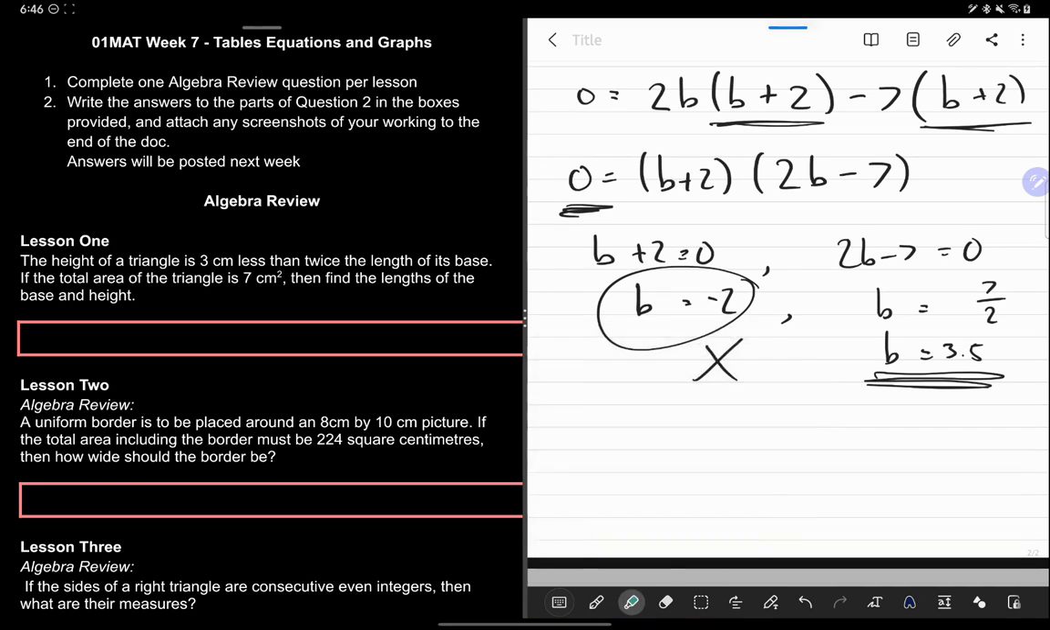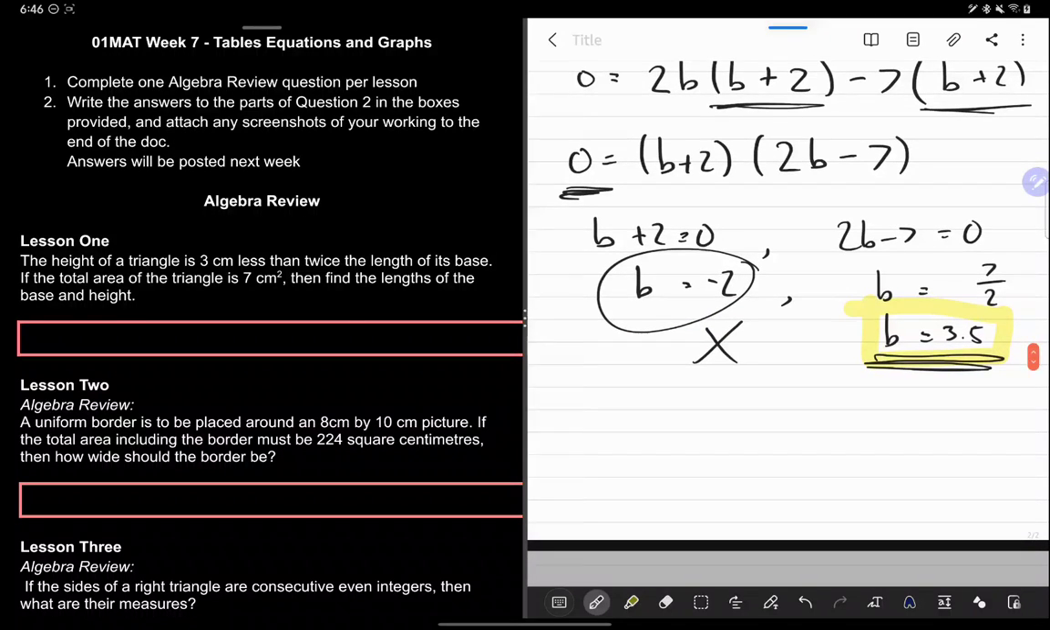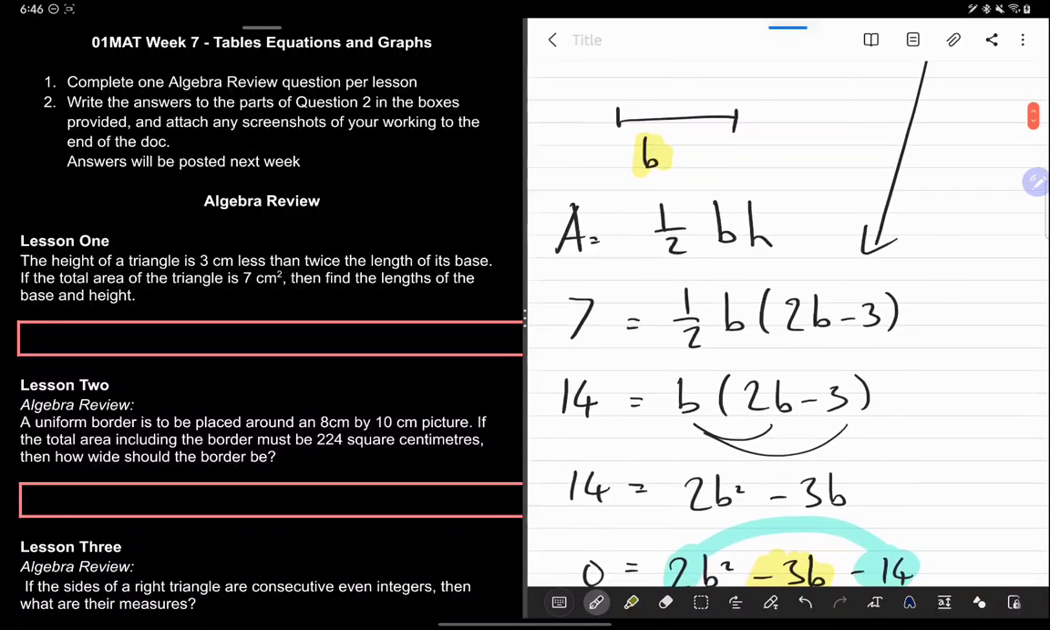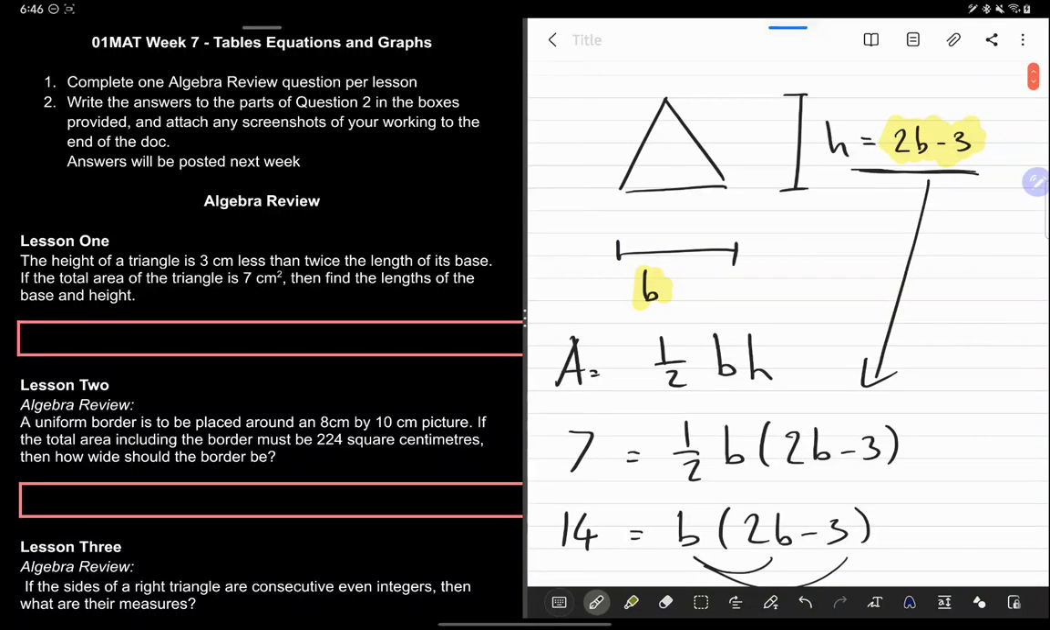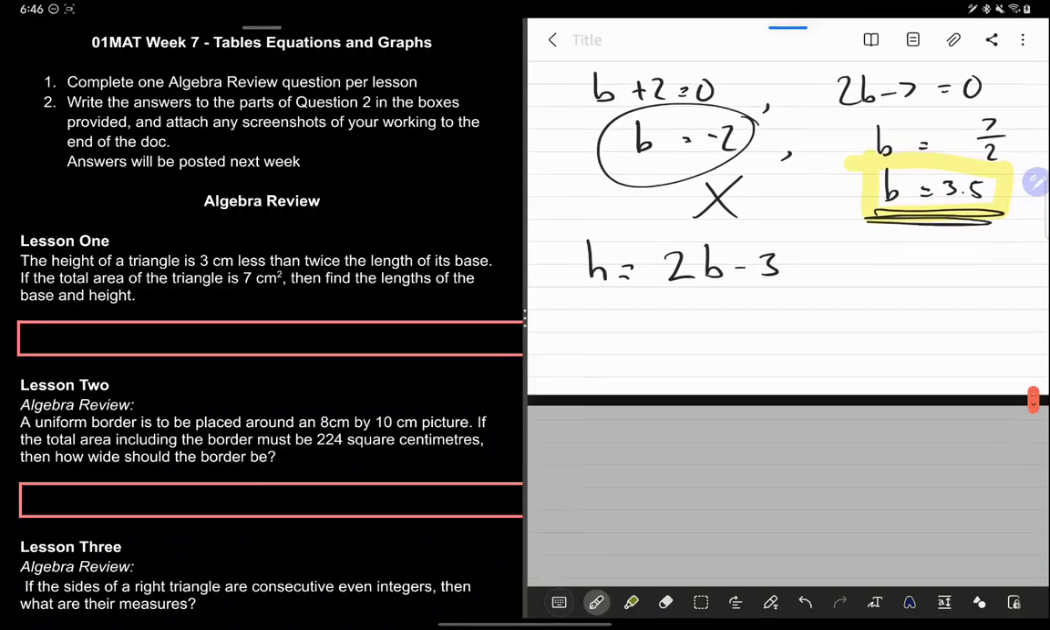So we can say that is the base. We just need to find the height to answer this question. The height, remember, from the top was this. It was from the first line of the question, which we wrote down here. So we just use that to find h. Which is why it was nice to have an equation like this that has h in terms of b, because now that we found b, h is simply,